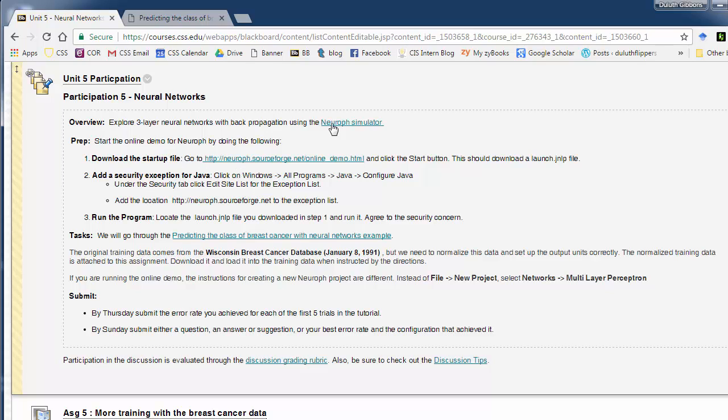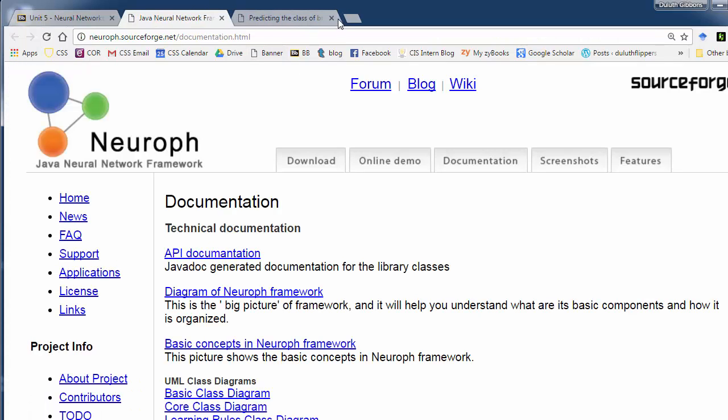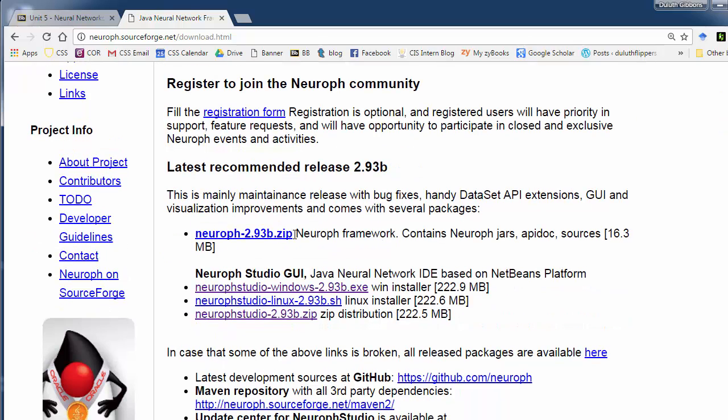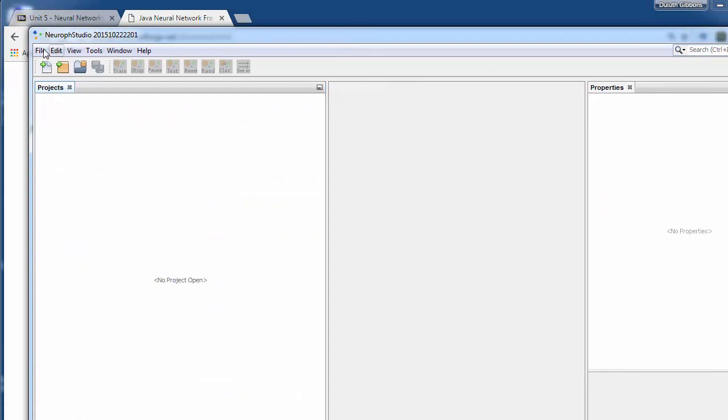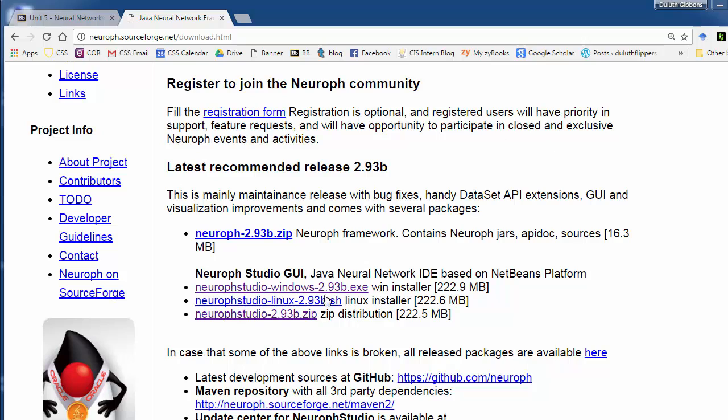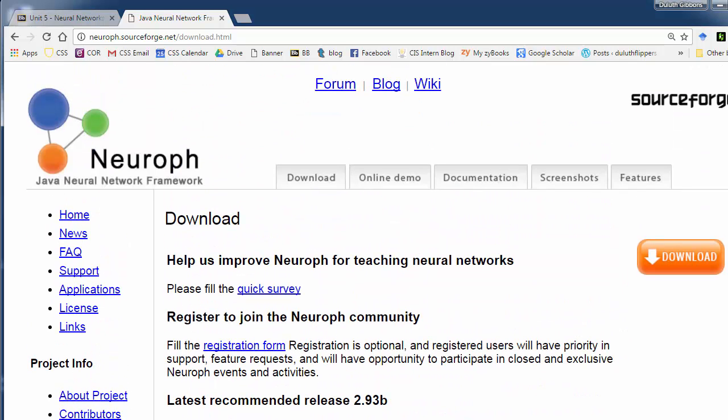Before we can do that, we've got to get this simulator running. Now you can actually download the full version of this. This is a Windows application, and you can run it as a Windows application. It's all written in NetBeans, and it has a nice application here. This is what it kind of looks like, and you can do file and new projects and set it all up and run it as a Windows application. But this is a fairly large download, and so I'm suggesting you do a faster version of that, and that's